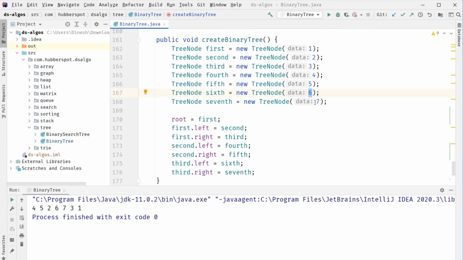And then we safely visited 7 because 7 was right of 3. After visiting 6 and 7, we can safely visit 3. And once we visited 3, we were sure that we have visited all the nodes of the right subtree of the actual root, which was 1. So finally we visited 1. So friends, this was all about the post order traversal.